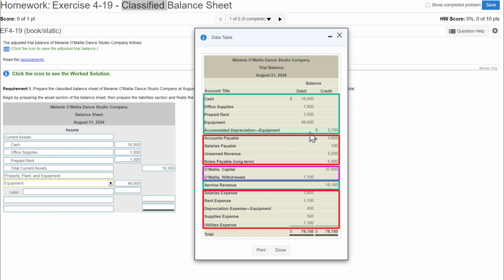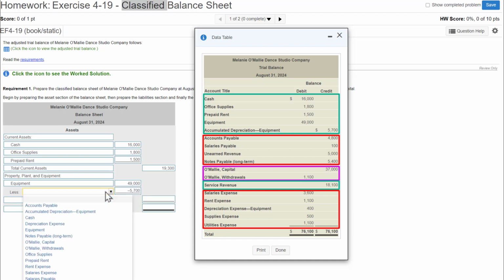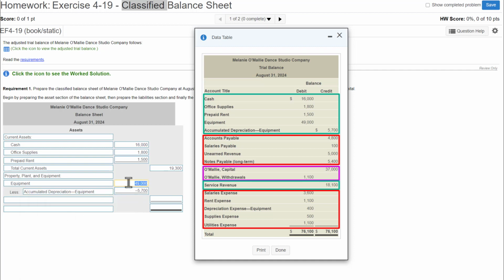And then we have to have its contra asset, 5,700, accumulated depreciation right with it. I'm going to put that as a negative to remind me to subtract that. I don't believe you have to put the negative sign. So 49,000 minus 5,700 gives us a book value of